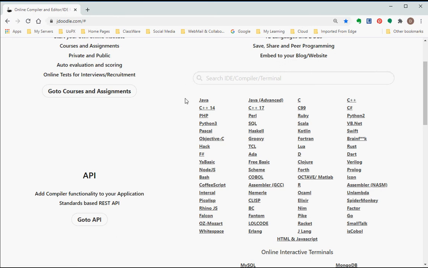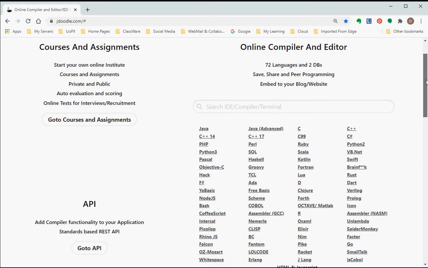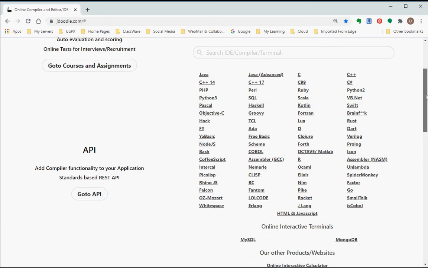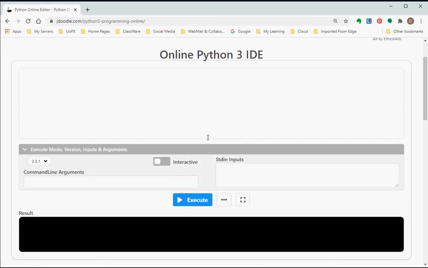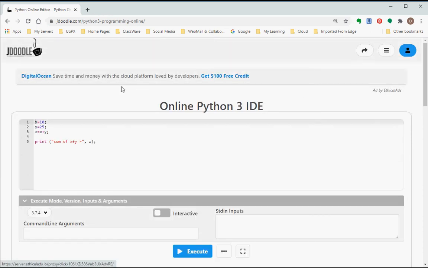So all three of the languages that we will be using in this class can be taken care of with this JDoodle tool. I will open up the version for Python 3, which is what we'll be using for our very first assignment. When you do that, you get this editing window,